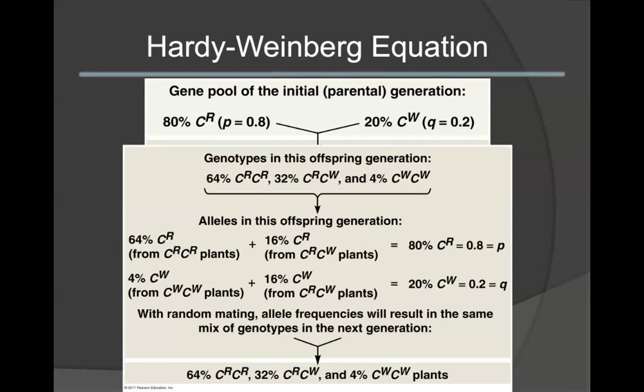If we take a look at what our Q values are in this offspring generation, we would have 4% of our homozygous recessive individuals plus 16% of our heterozygous individuals. This would lead to 20% of our population having the CW allele. Note that our allele frequencies are the same as what we started with in our